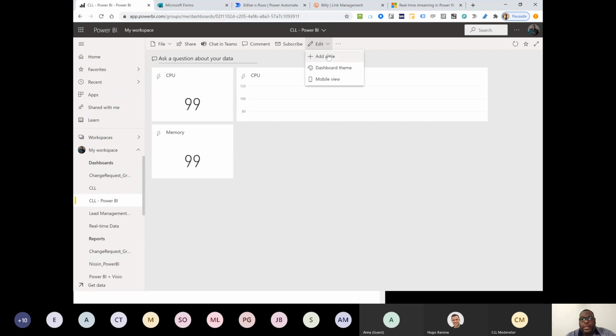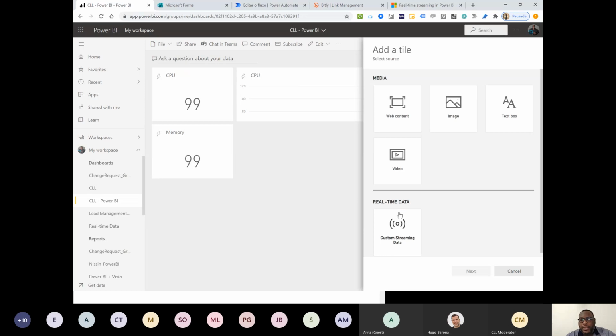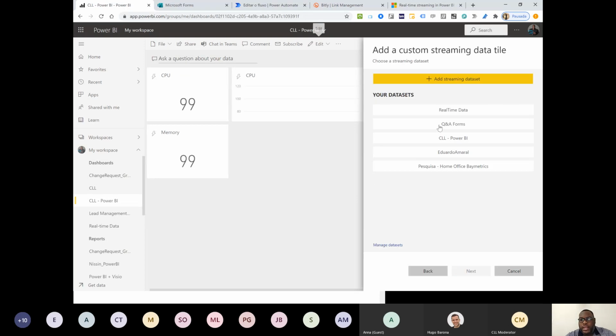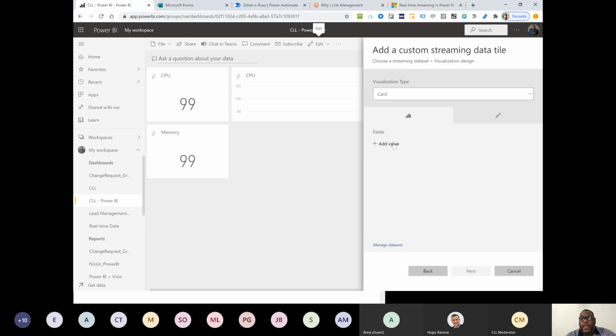I will add another one. I will show in this example here. Click and click in the Power BI again, my stream, okay? And clicking the last one, memory. The next is not a card, it's a line chart. When you click in the last, for example, 20 minutes or 20 seconds, you have to choose this one,